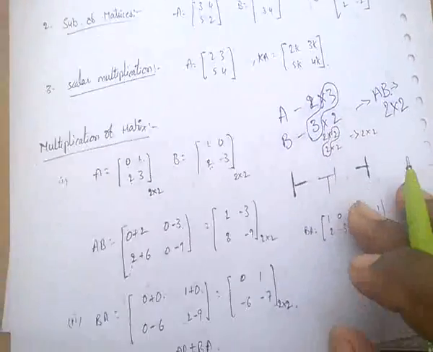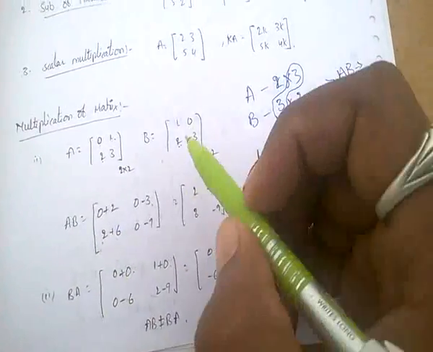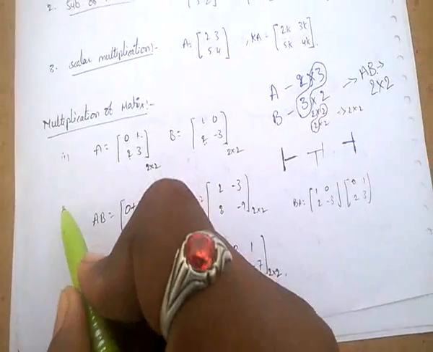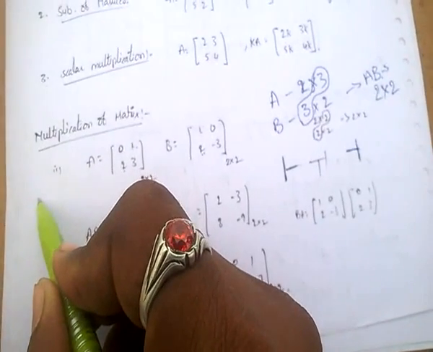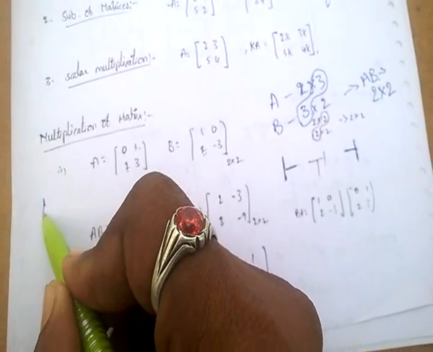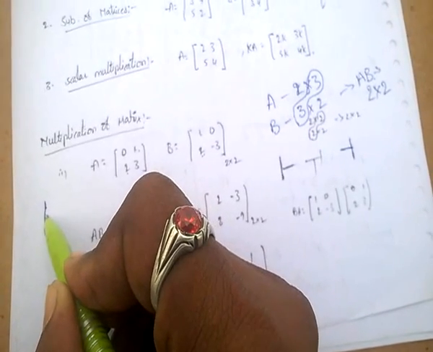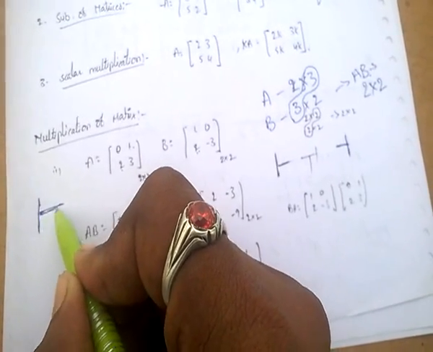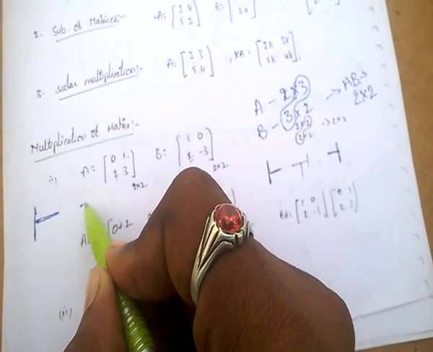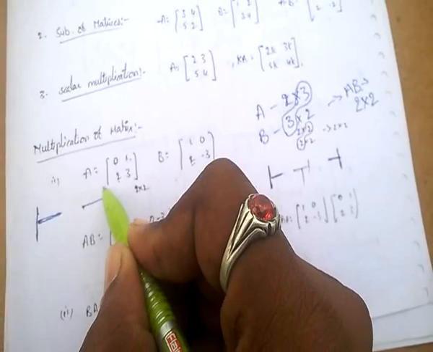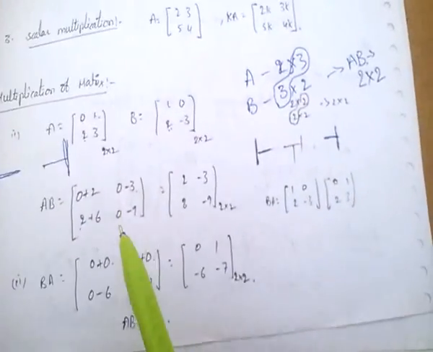2 by 2. Okay. For example, A and B. For multiplication, the process is: we take the first matrix's rows and multiply with the second matrix's columns. Okay, for example